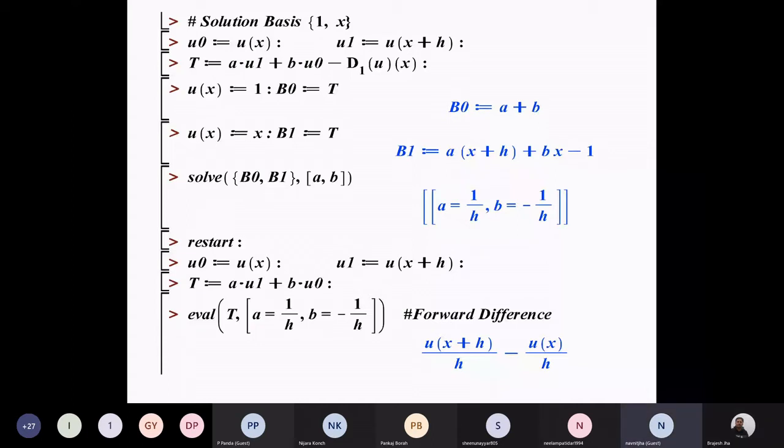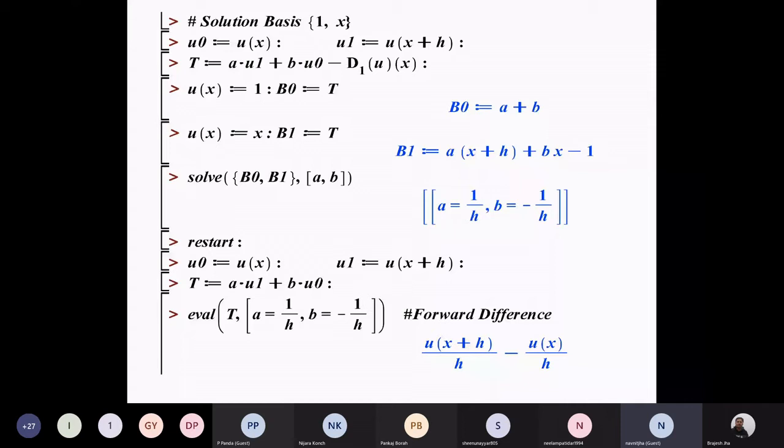A space can be generated by 1 comma e raised to the power minus x, keeping dimension 2 fixed. Similarly, it can be generated by 1 comma sin x, 1 comma cos x, or sin x comma cos x. There are n number of facilities available to us to generate this difference operator instead of considering 1 comma x, and that has other advantages.